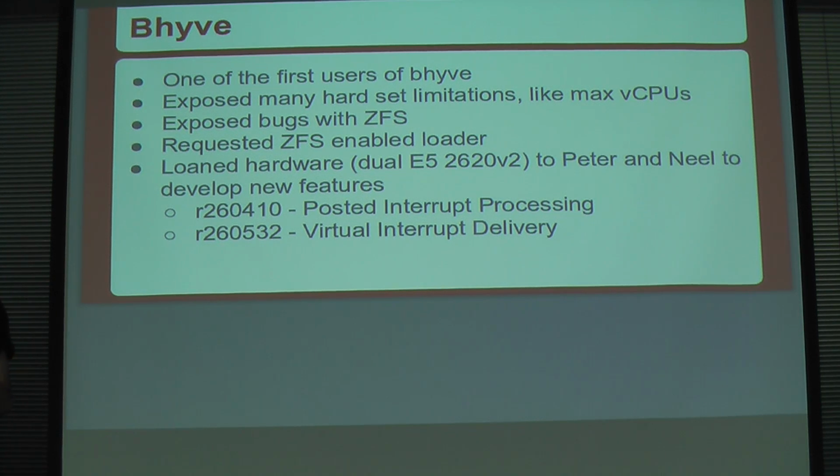And so I started using it, and it just happened that after I got home from EuroBSDCon, I got a delivery of a server, a brand new machine with 24 cores and 96 gigs of RAM and so on, and tried out bhyve on it since I hadn't installed anything on it yet. It was going to go into production in a couple of weeks. And I found some of the limitations of bhyve. I think back originally you couldn't have more than 8 CPUs. I think the limit now is 16.